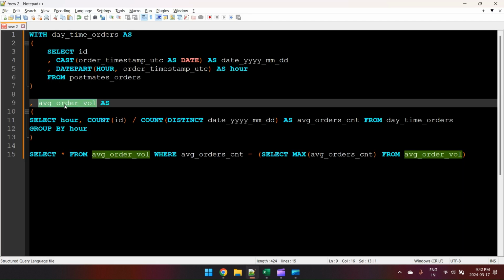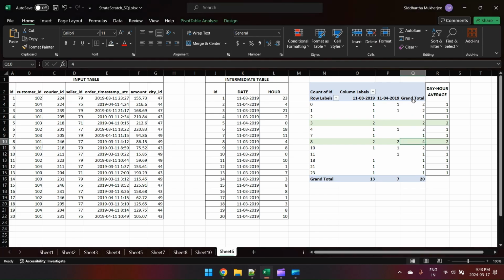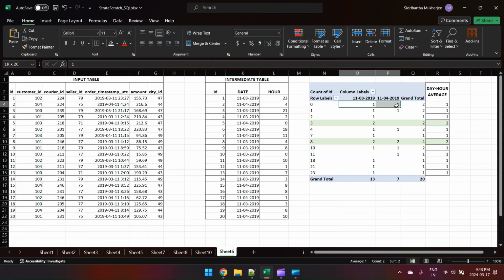The next CTE is average order volume. What that does is, for each hour, it counts the number of distinct IDs. Each ID corresponds to one order. So it counts the number of orders, and it also divides it by the number of distinct days on which those orders were processed. So the numerator, the count of IDs, corresponds to the total sales made. And the denominator, the count of distinct dates, would be simply the count of distinct dates over which those orders